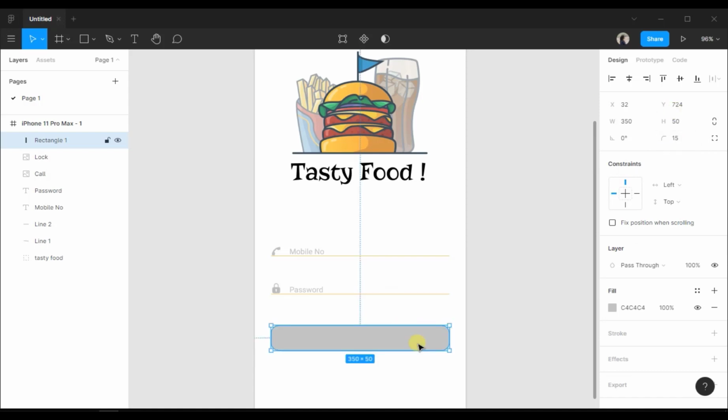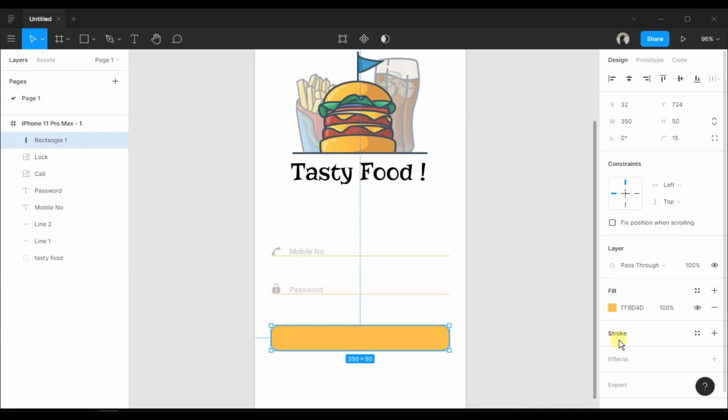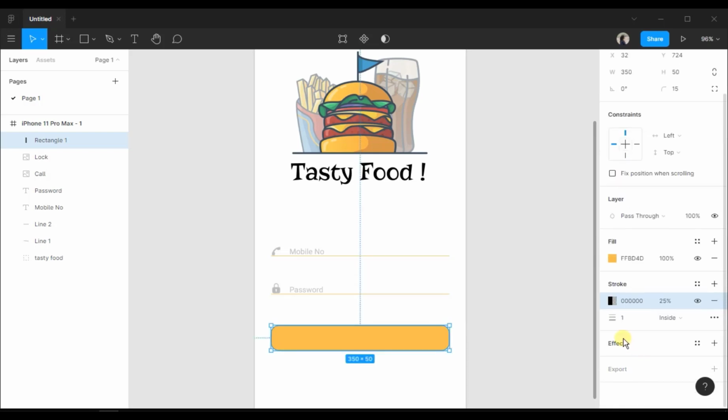Cool. Now let's change the color to the same color this burger has, and let's add the stroke with opacity 50 or maybe a little less, say 25. And also I want a shadow on it, so click on the effect.